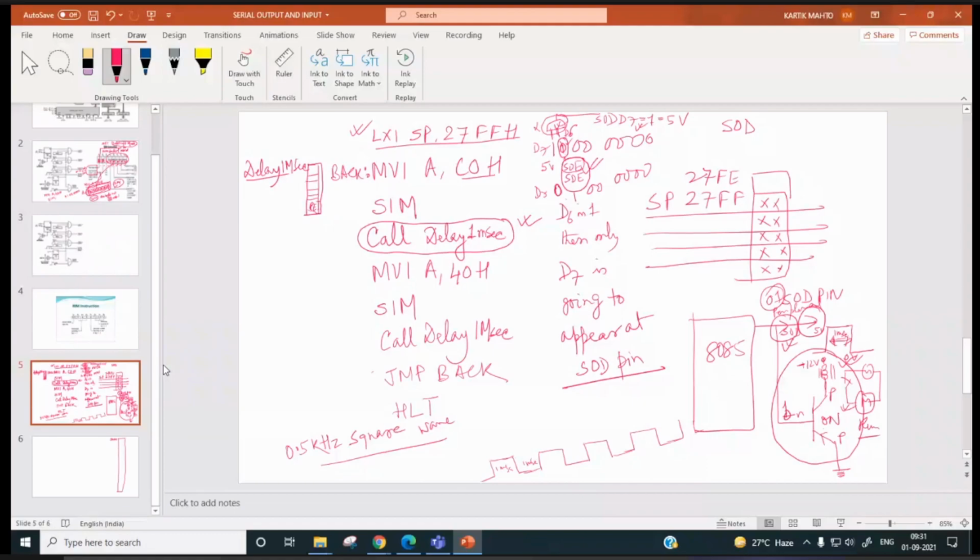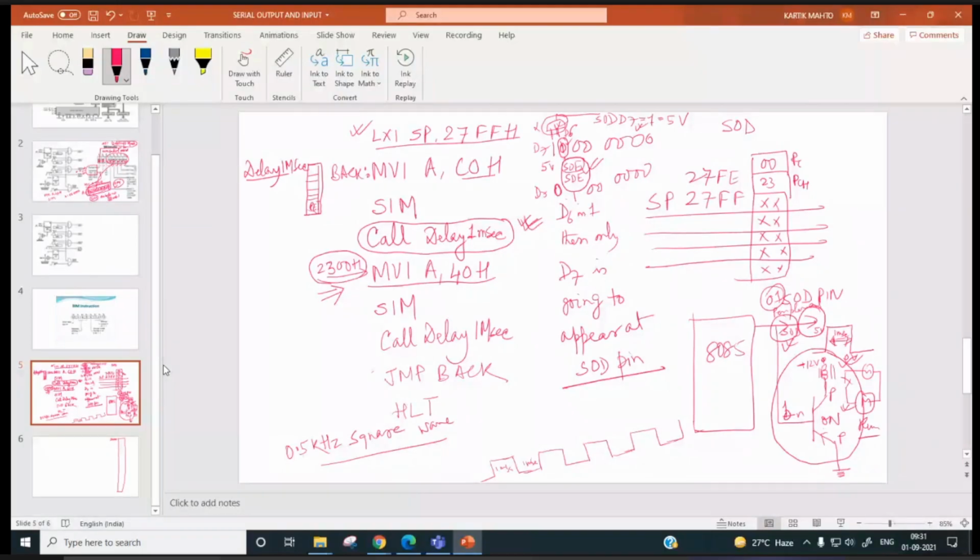The address of the next instruction, say suppose the MVI A, 40H instruction is at 2300H. So whenever this call instruction is executed by the processor, the address of the next instruction, 2300H, has to be pushed over here. So this is PCH and this is PCL that will be pushed onto the stack.